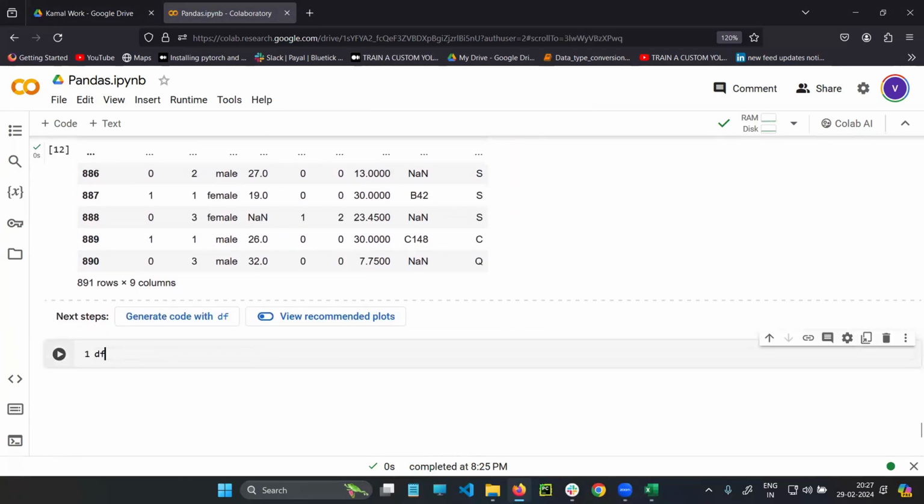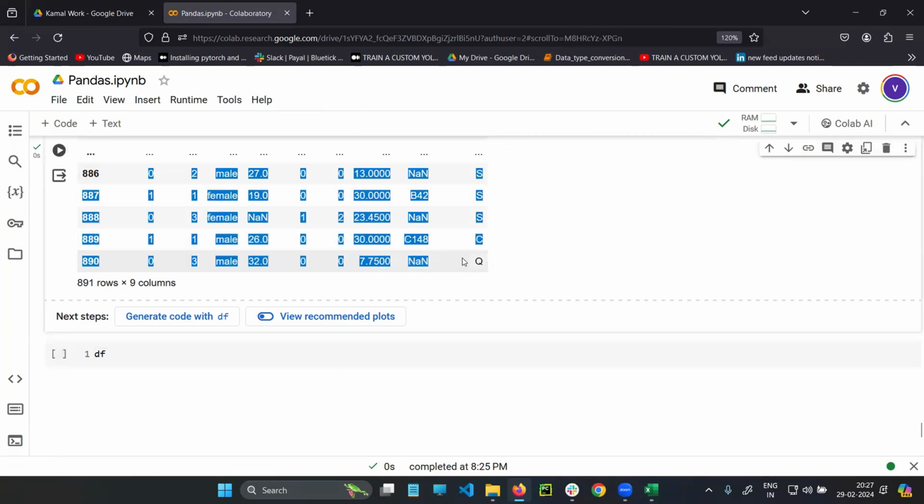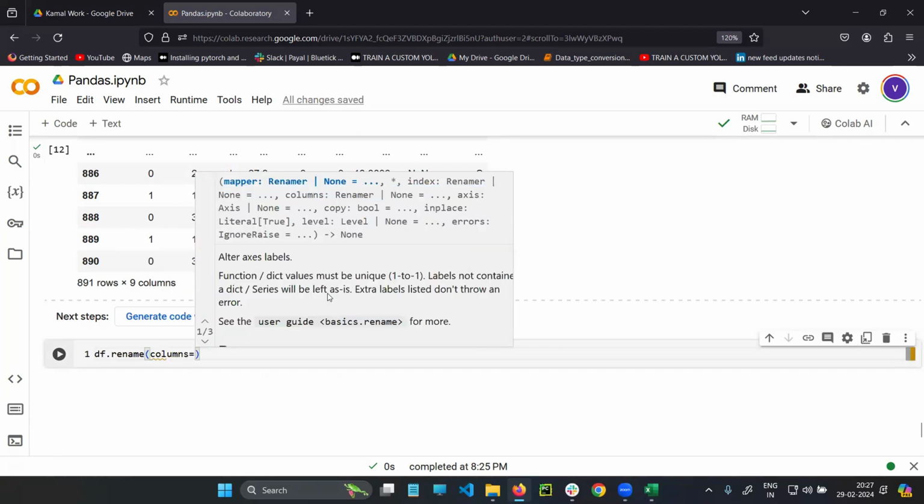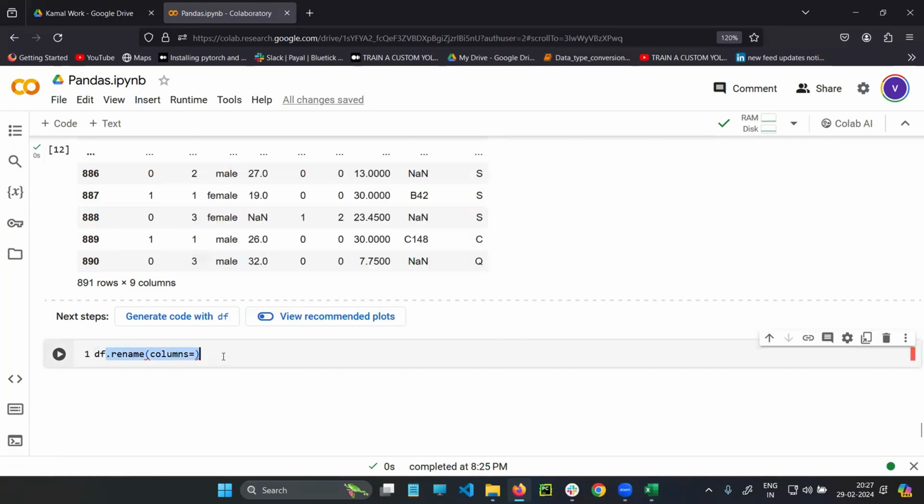See, df is a variable where I'm having all the data. So in that particular data, I want to do some changes. I want to rename. What do I want to rename? I want to rename the columns. Okay, see, I want to see very clearly. I am writing